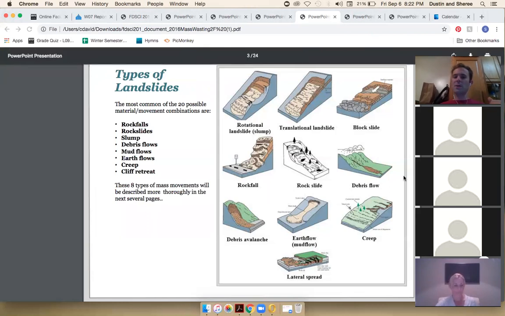So then you also have a block slide, which is similar. It's sliding along a plane, but it's more like a big block, like a big chunk of rock comes down. Whereas a translational slide, it's more just like a whole bunch of mud and other stuff all coming down at once. One's blockier and one's a little more